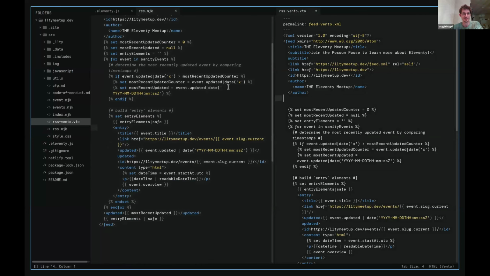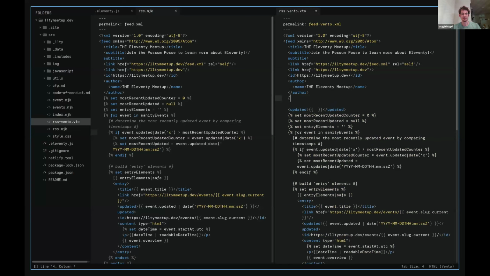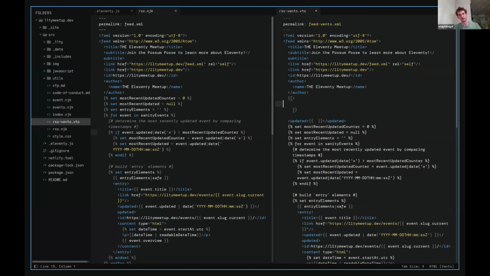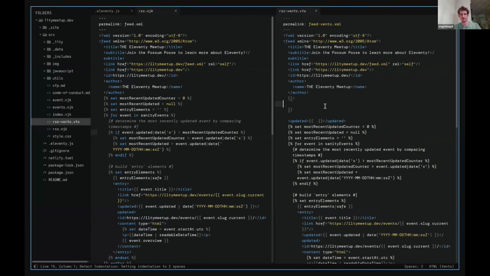So let's try and simplify this a little bit. First of all, we'll do this part where we want to find the last updated time here. And we'll do that with a JavaScript block. Vento also, what is wrong with this indentation? There we go. Vento can do blocks of JavaScript with the greater than symbol. So we can write any JavaScript here, and it just gets executed as is, which is quite nice, I think,